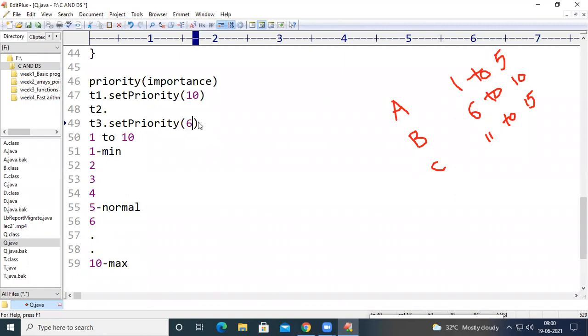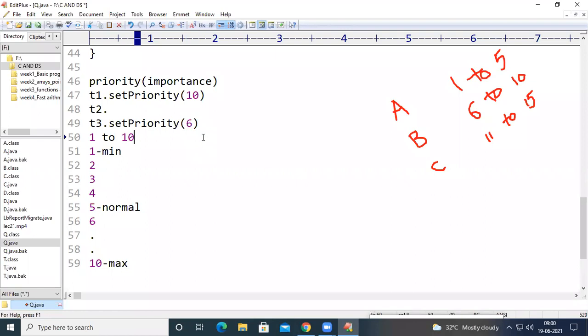Any value I can pass which is not equal to 10, because we cannot pass a value greater than 10, and when we pass 10 it will be executed first. So T3 can be passed any value less than or equal to 9, because it should be executed after T1. And after T3, I want to execute T2.